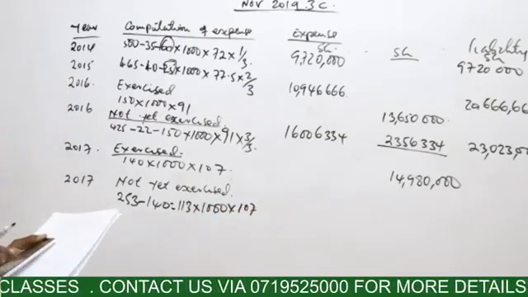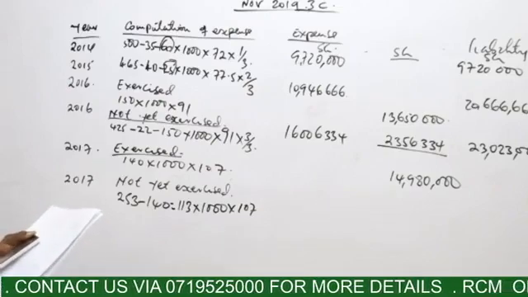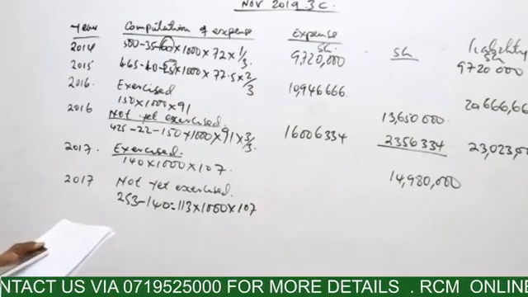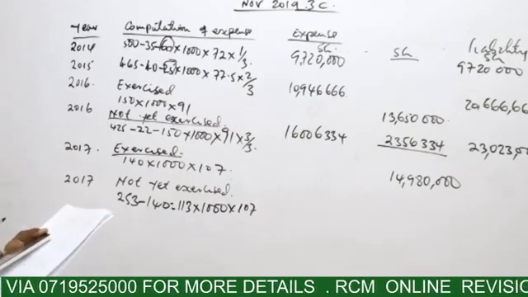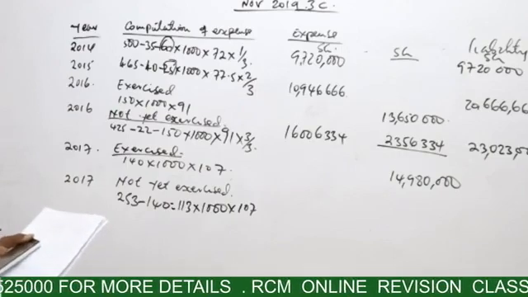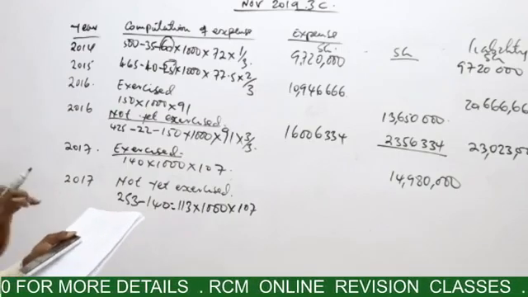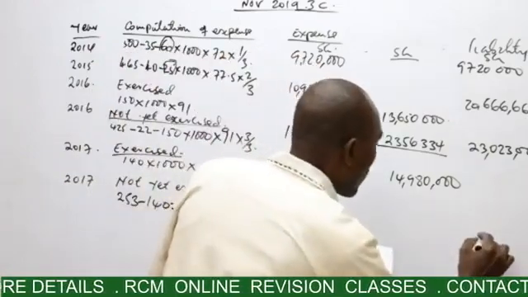Times the fair value at that point, which is 107. Therefore, it will be 113 times 1,000 times 107. I'm getting 12,